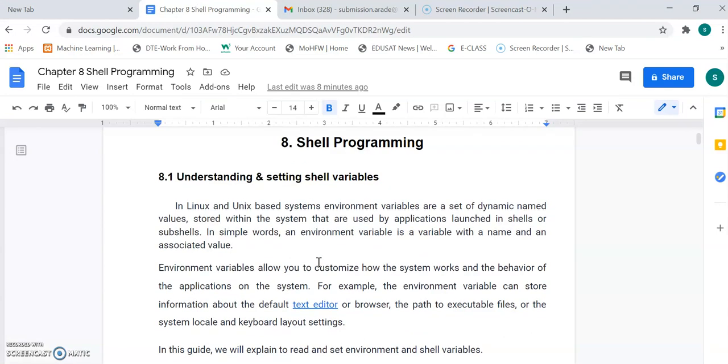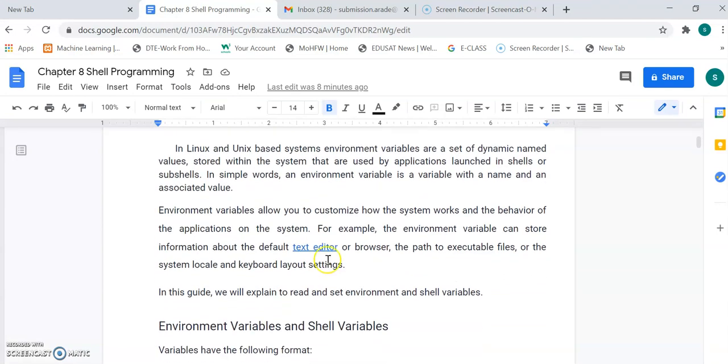So, what is a shell variable? These are variables defined for the shell, and we have to use them multiple times, so we can call them shell variables. For example, suppose you want to run a Java program on Linux. On Windows, you install the jdk.exe and jre.exe files, and after installation of those files, you set some path.